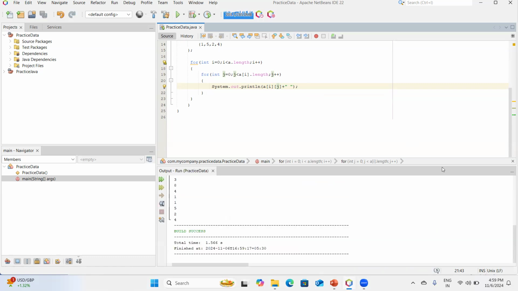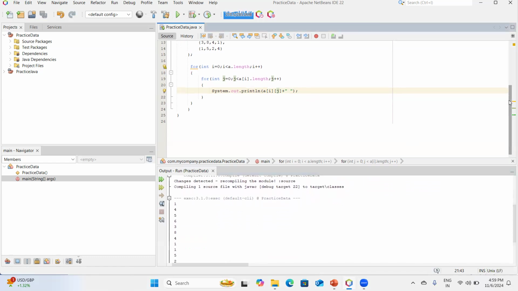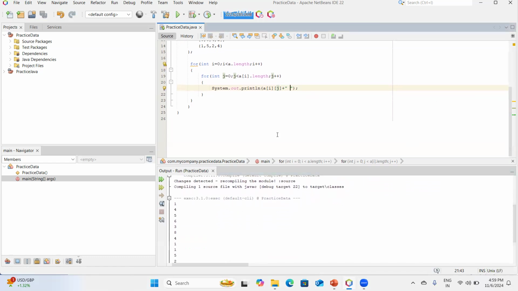So you can see here it has iterated through the whole of my array and printed. What it is doing here, because I have used println, is printing my array like this. So let's print it in the form of